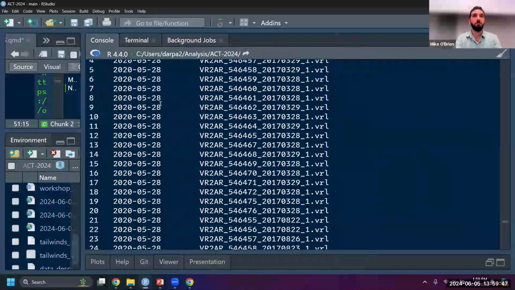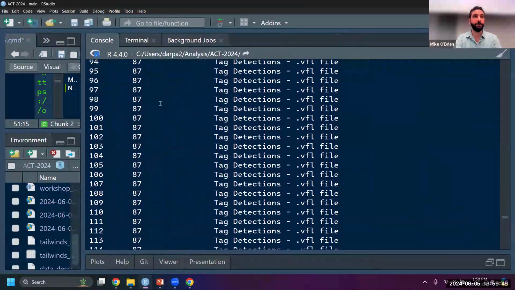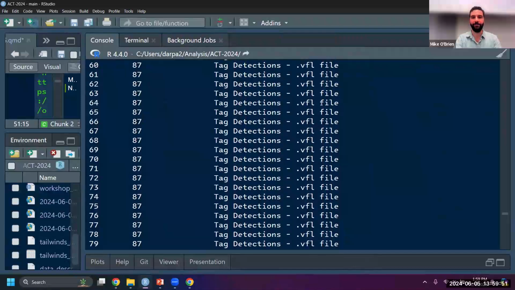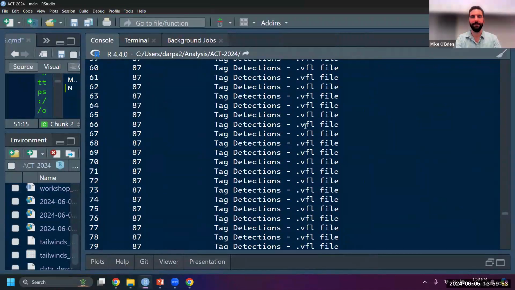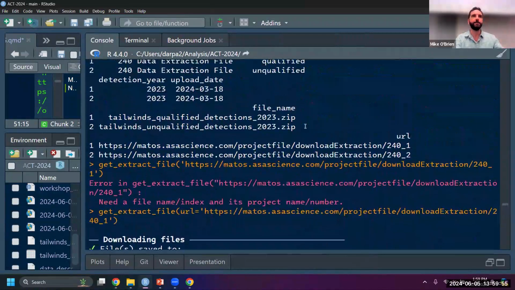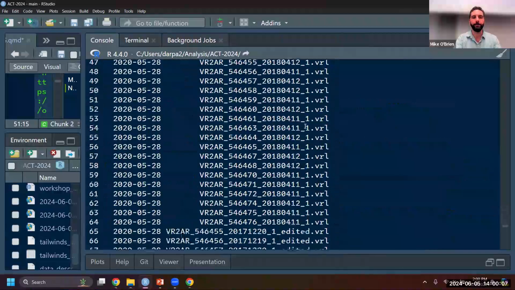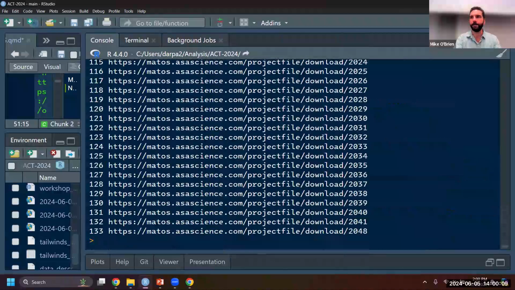Maybe, which has happened before, I've changed computers, and this is the VFL file, the infamous thing we're talking about. I changed computers, and actually all this data was on a different computer. Like crap. I'm working with another agency, and it's so much easier for them, I just put all this stuff in Matos. Now I have to zip it and send it to you. Don't worry about it, because I can just tell the trained monkey of a computer